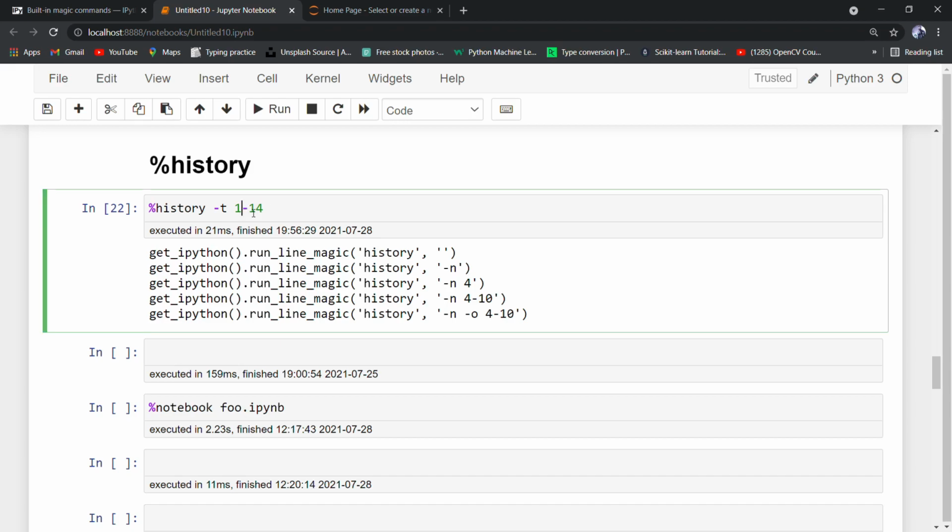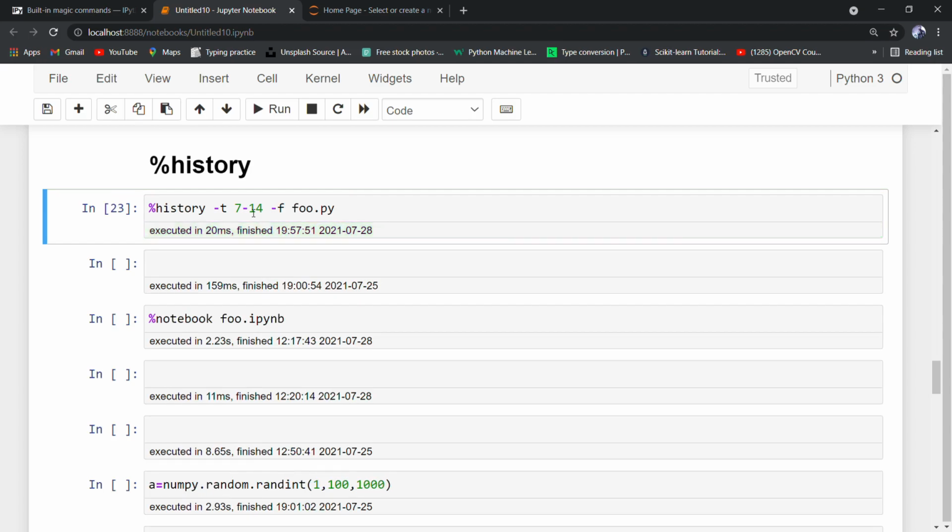So let's change the range, let's say 7. And let's write -f. Let's give the file name, let's say foo.py. We can give it txt or py. So let's run it.